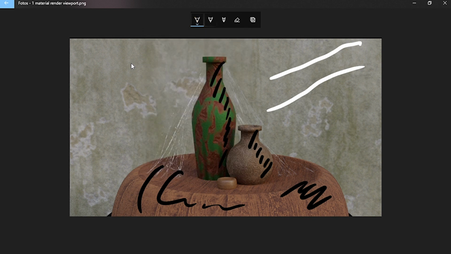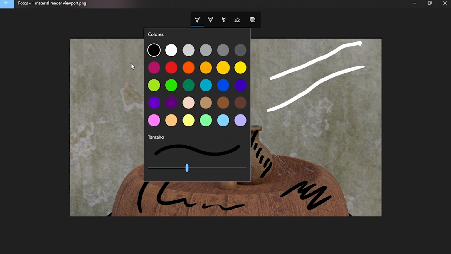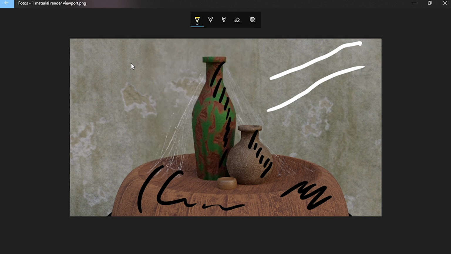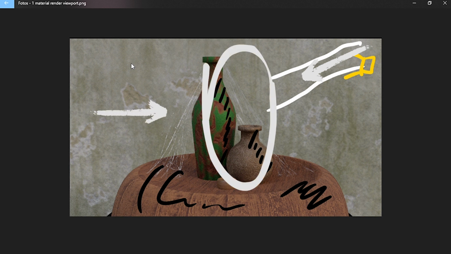And now with this you can start thinking what kind of lights you will use and where to put them. It's pretty clear that I will need a spotlight coming from this direction to achieve a light beam. Then for the rest of the scene I will probably need a sun or a pretty diffuse large light coming from this side to achieve a shadow on this side.